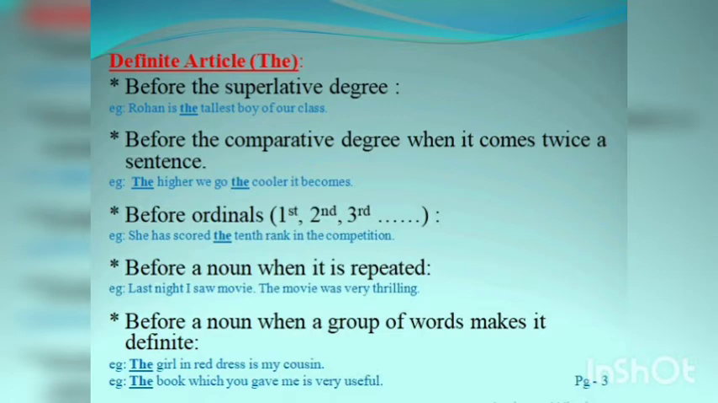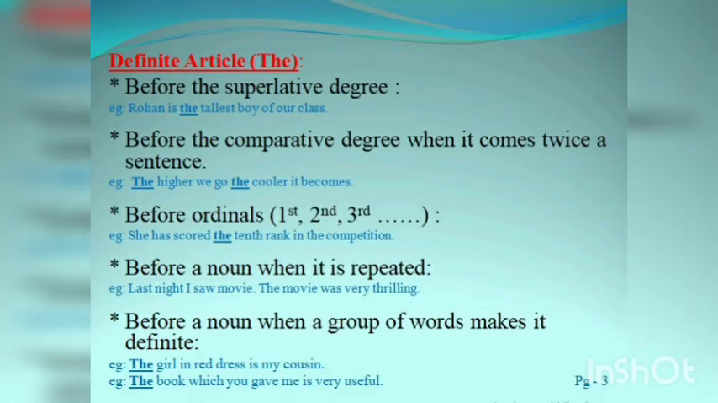Next sentence, the more you earn, the more you need. Next example, the sooner we finish the work, the better it is. Okay. Next rule,